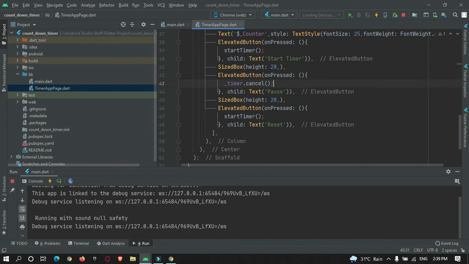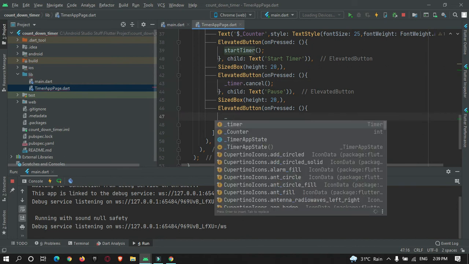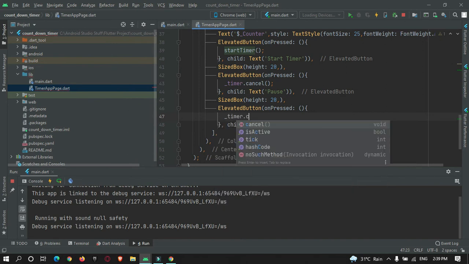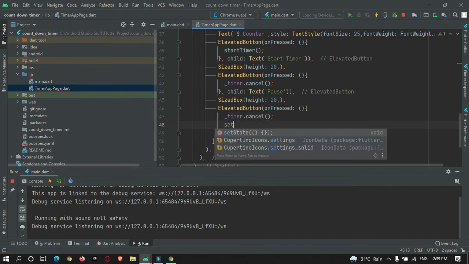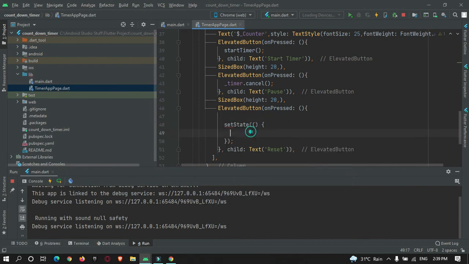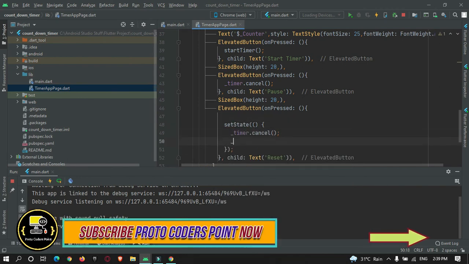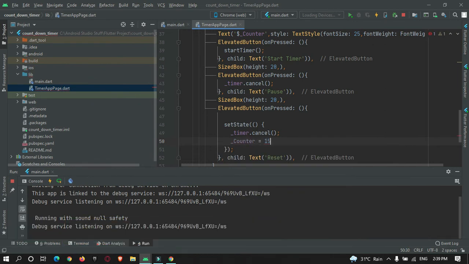And in the reset you need to cancel the timer and make use of setState, and then reset the counter variable back to 15 or something else. Here also you need to wrap the same thing in a stateful widget.